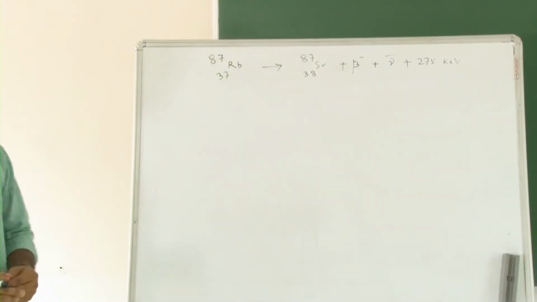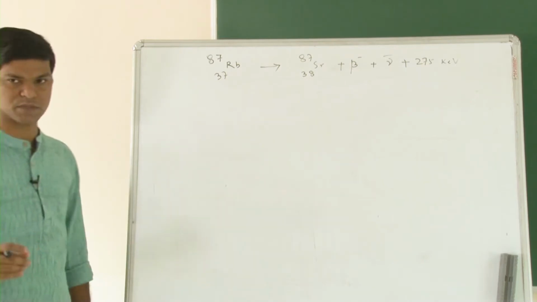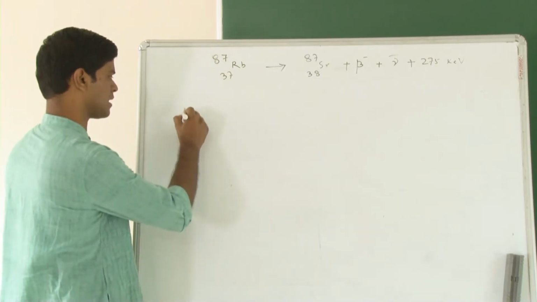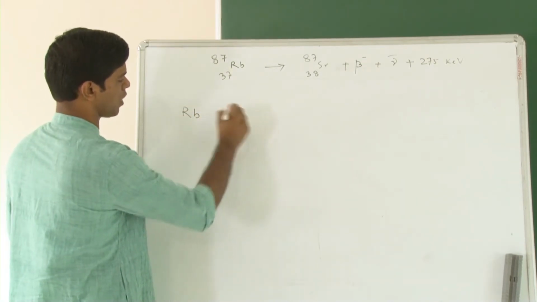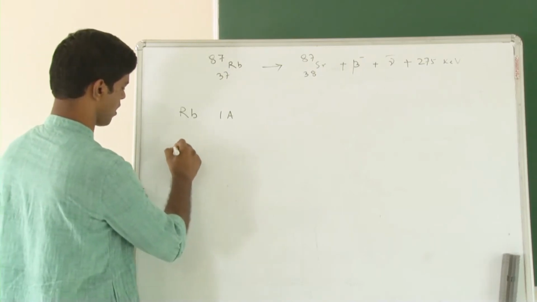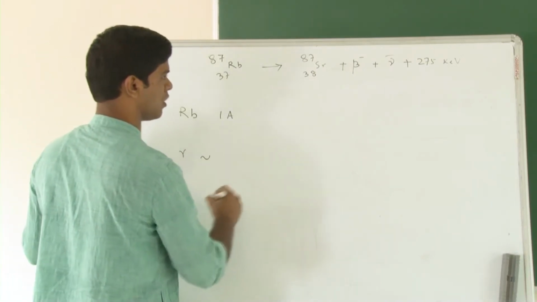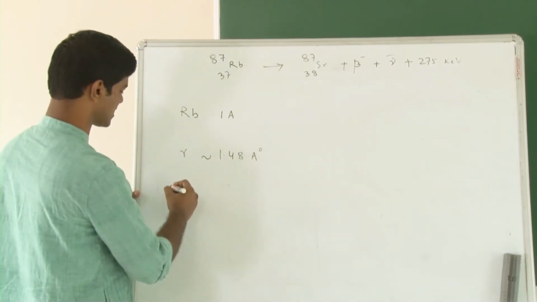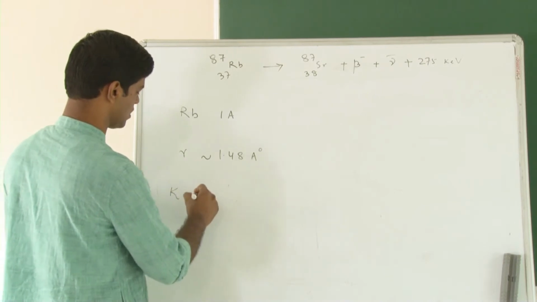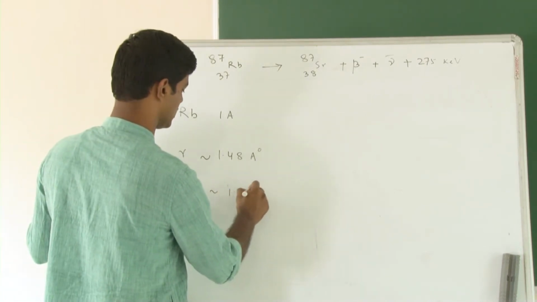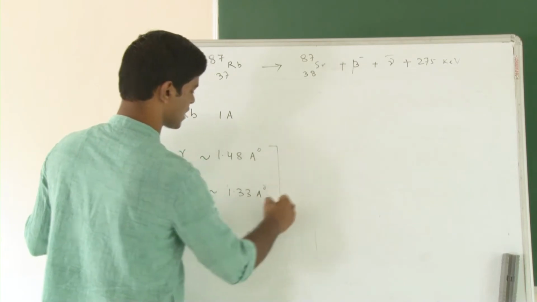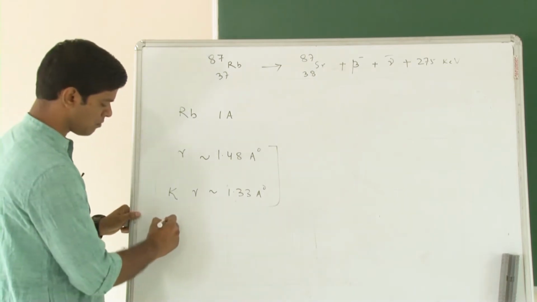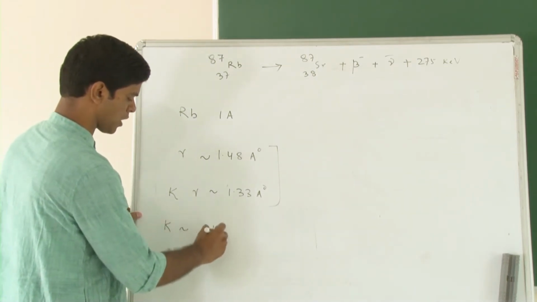So, before we get into the decay scheme or its application, I will just briefly touch upon the geochemistry of rubidium and strontium. Rubidium is an alkali metal, it falls in group 1A, and it has an ionic radius of the order of 1.48 Angstrom, which is quite similar to that of potassium, which is 1.33 Angstrom. Because of this comparable ionic radius and the oxidation state, rubidium often replaces potassium in a lattice.